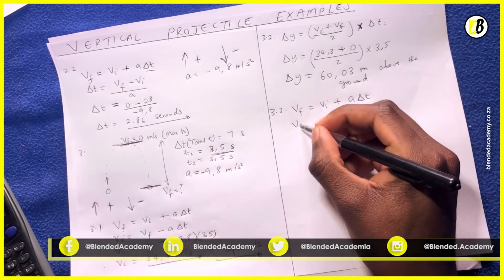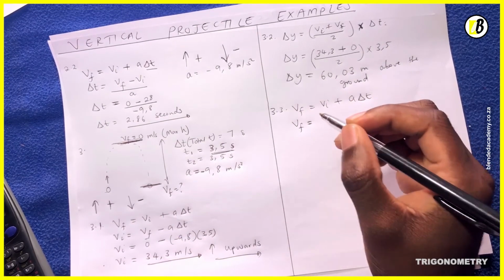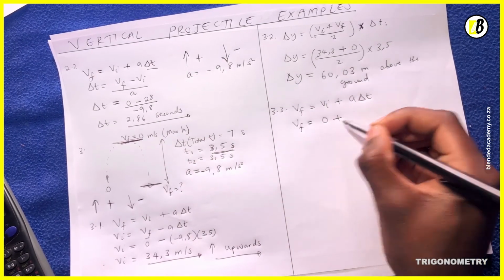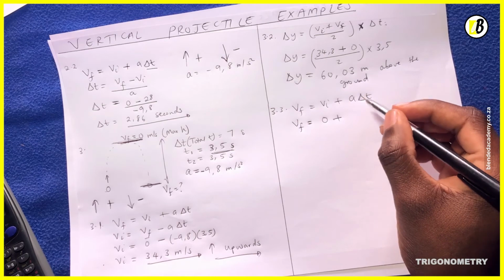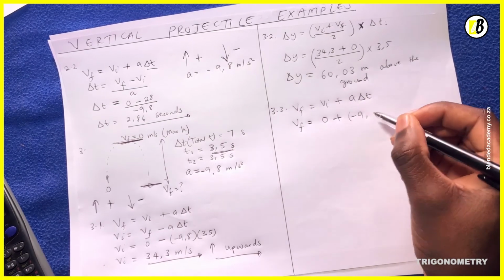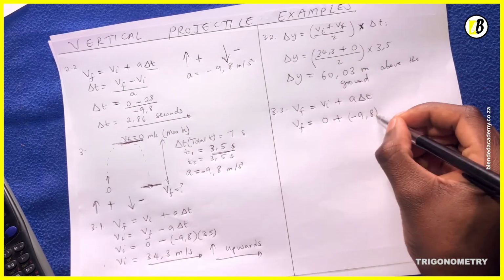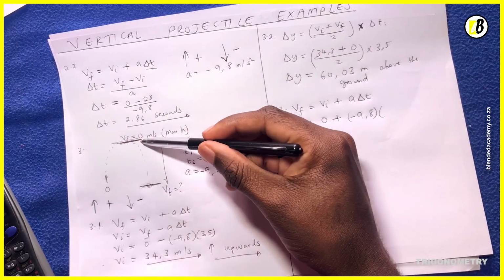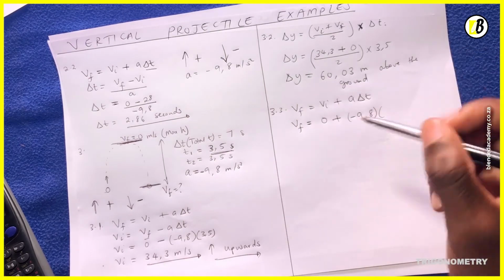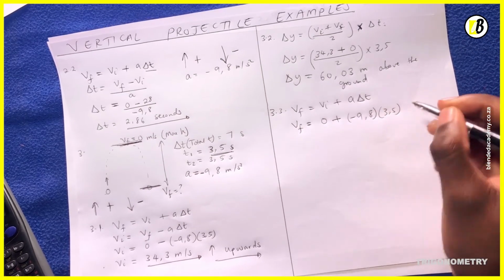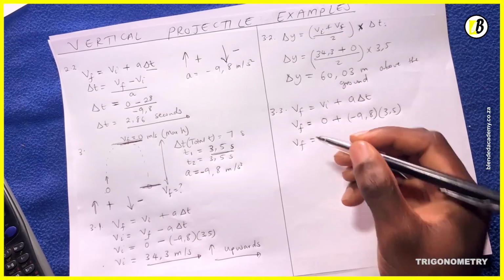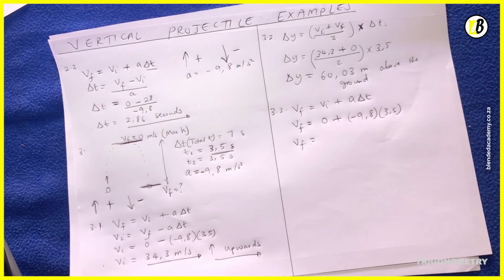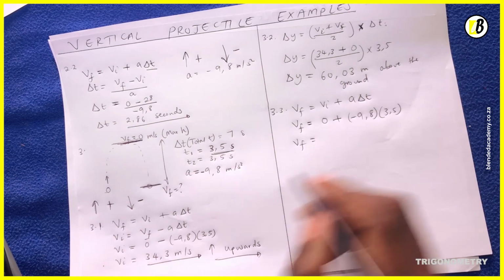And now, since we know that the initial velocity, or the velocity at maximum height, is 0, we're going to put 0 there. And then the acceleration is minus 9.8, since downward motion is negative. 9.8 multiplied by the change in time. So that's the time that's going to take from the maximum height back to the thrower's end. So that's 3.5 seconds. You understand? That means now our final velocity will be minus 9.8 multiplied by 3.5. So that's minus